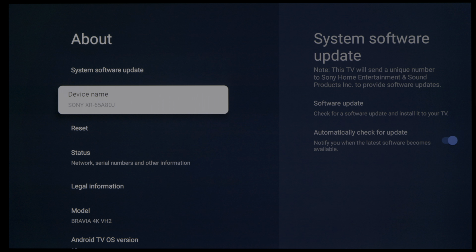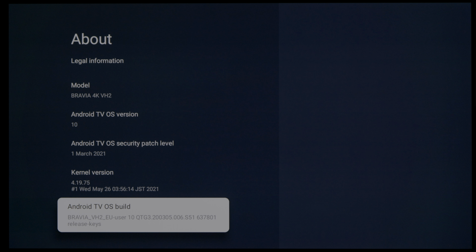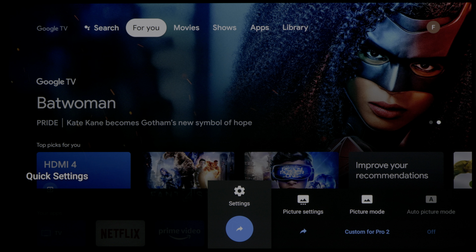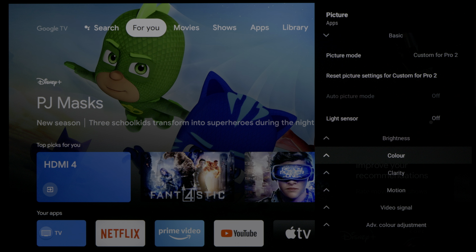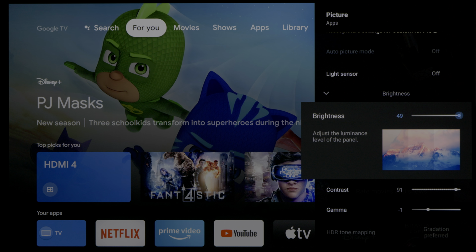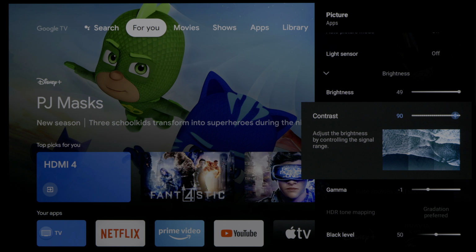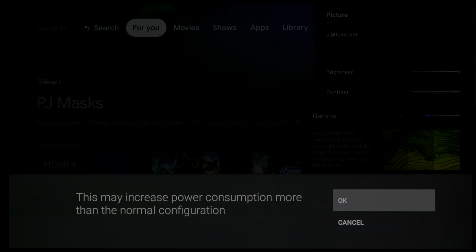So I've installed the latest firmware update on this Sony 65-inch A80J OLED TV, and you can see here that it is running version 6.3780 in terms of the software. And what I'm going to do is to go to the home screen and try and change some picture settings. And if we go into brightness, you can see here that, if we start changing it, there will be no pop-up warning message on screen, which is a good thing, and it will make my life much easier,